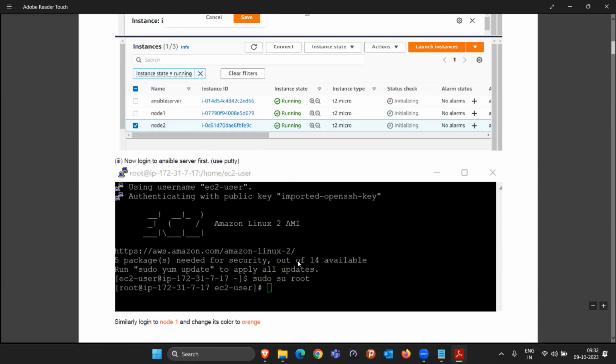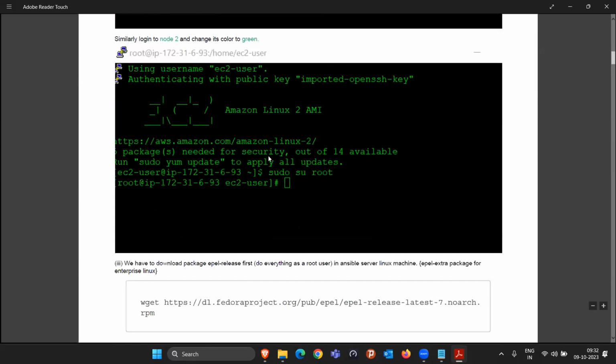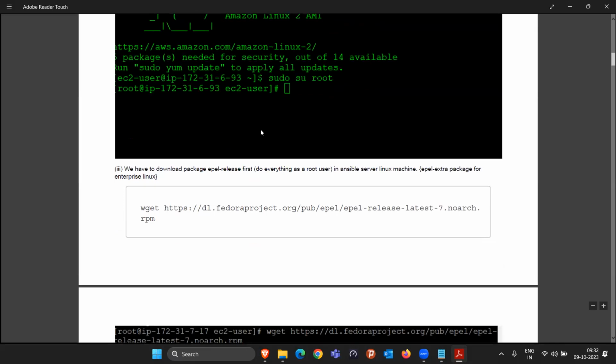That means all the commands coming in this screenshot run on the master machine. The other two, the orange one and the green one, are for node 1 and node 2 respectively. Now, the first thing, after doing all this configuration, once the machine is ready, I said that we have to install the